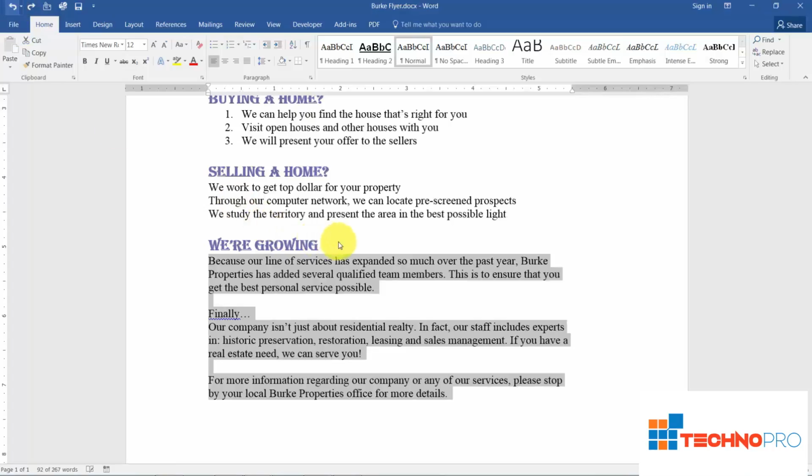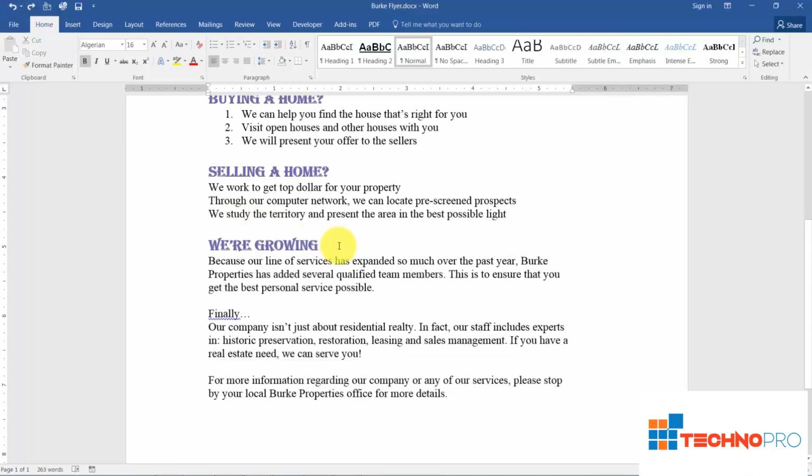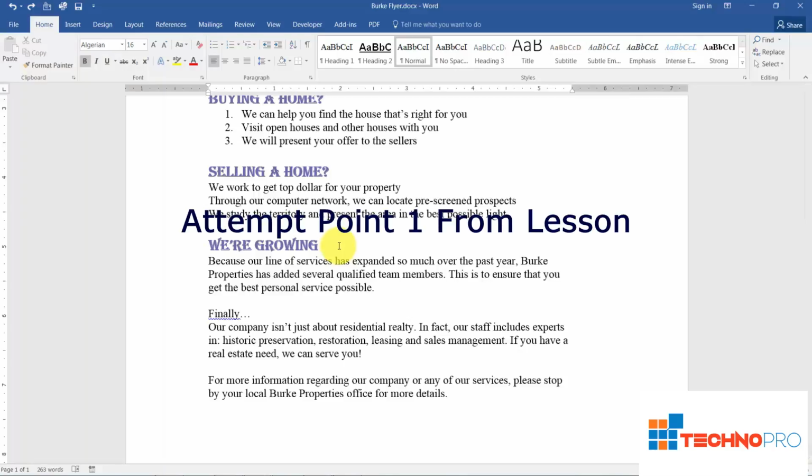I'm going to turn that one off. That's how your numbering works. I want to go ahead and show you how bullets work as well, because they're just like numbers except they're little pictures. So I'll join you over in section